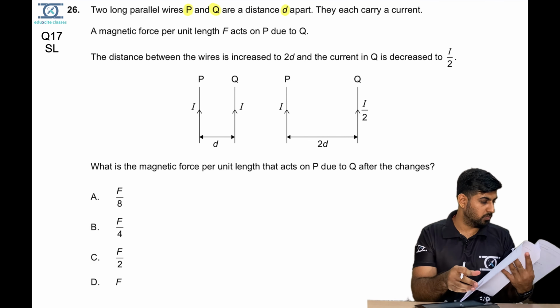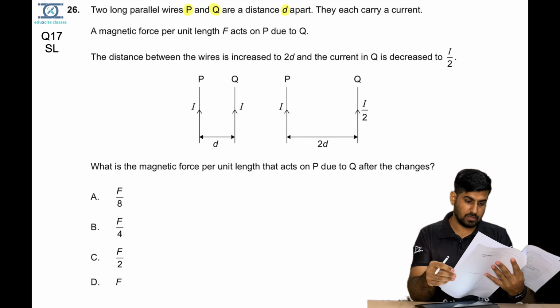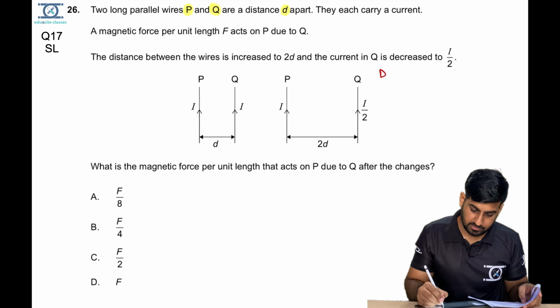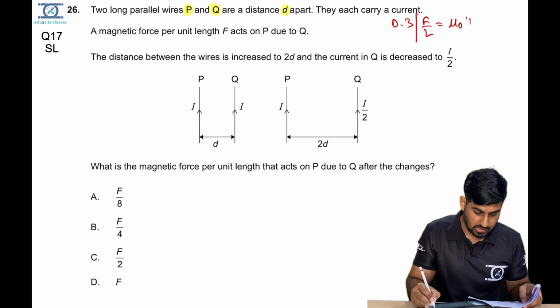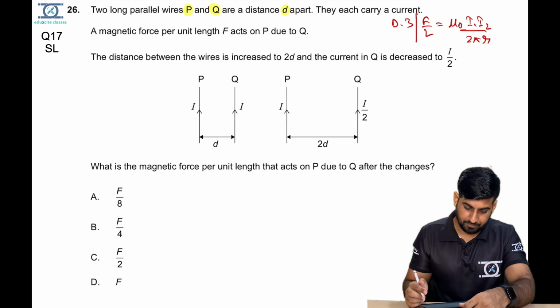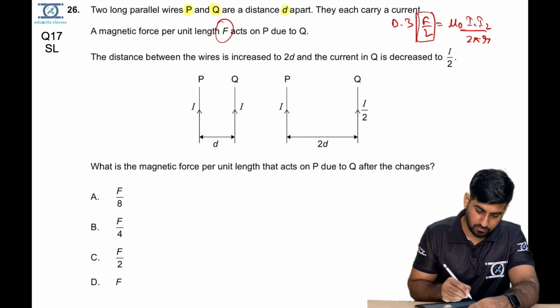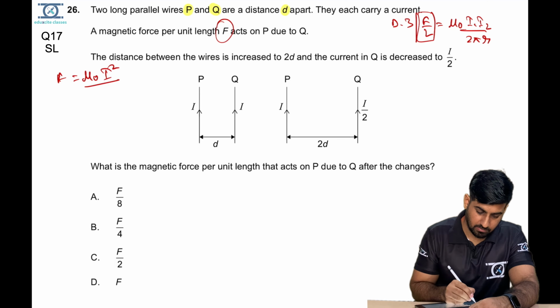If you go to the formula, D.3 motion in electromagnetic field. So if you go to D.3, the formula force per unit length is equal to mu naught I1 I2 upon 2 pi r. Okay, r is nothing but the distance. So for this I can write the force per unit length F, this whole value is F. So F is equal to mu naught I square, because both I1 and I2 are the same, is equal to